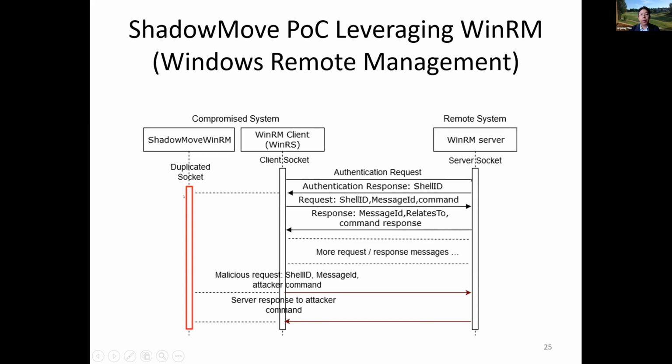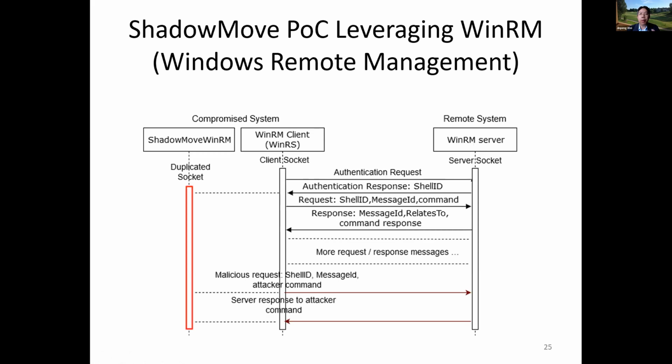Therefore, the ShadowMove malware also knows about the shell ID. So using this ID later, the ShadowMove can fabricate the malicious request with the legitimate shell ID, but with other attack commands and so on, and then send it to the remote server. So this is an illustration of another